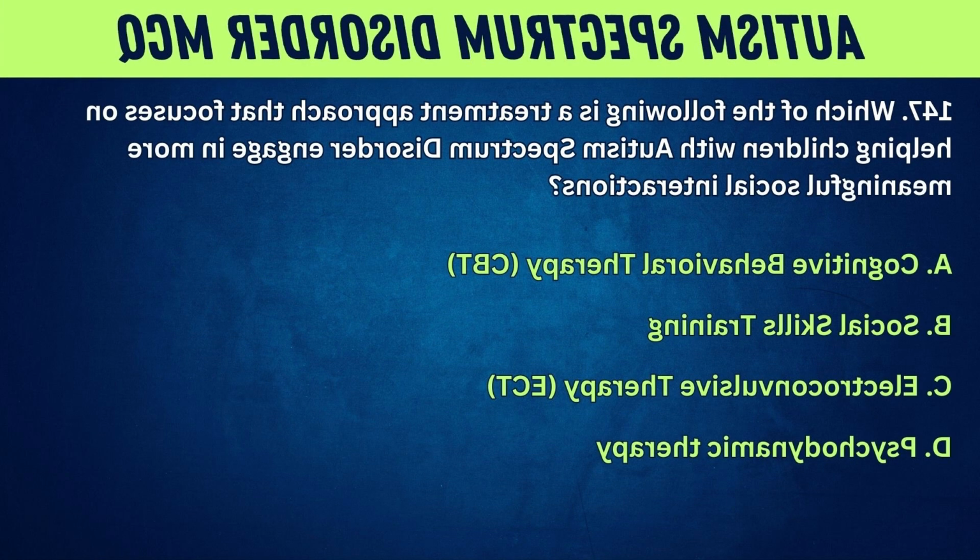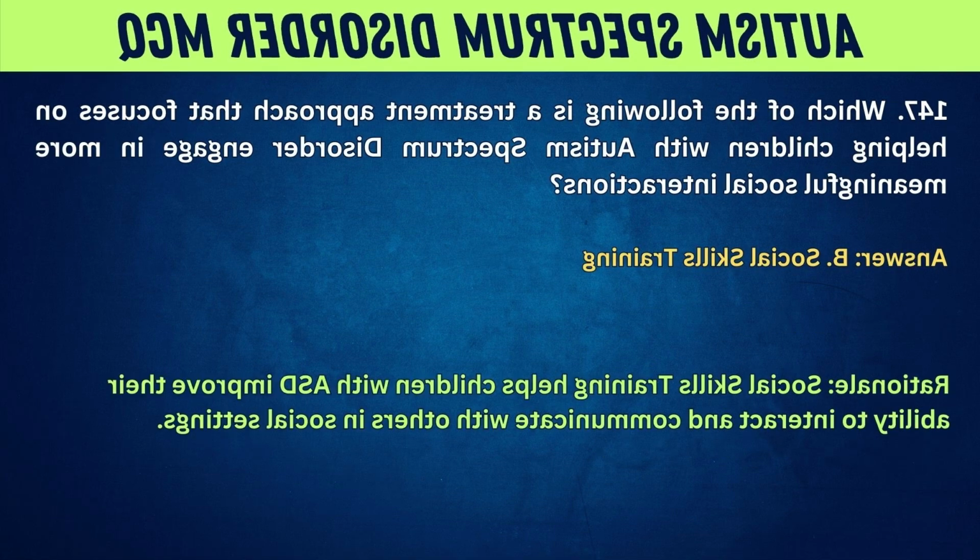147. Which of the following is a treatment approach that focuses on helping children with autism spectrum disorder engage in more meaningful social interactions? A. Cognitive behavioral therapy, CBT. B. Social skills training. C. Electroconvulsive therapy, ECT. D. Psychodynamic therapy. Answer: